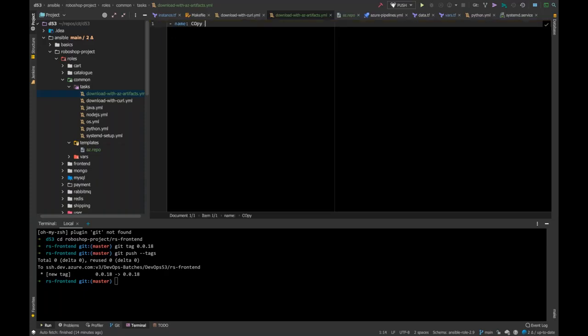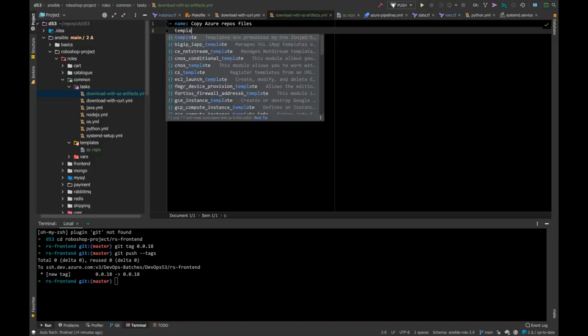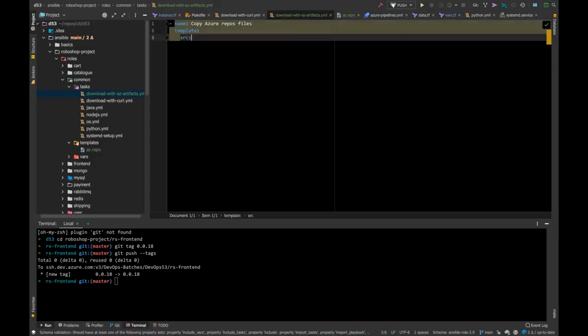Now the task, the name is copy Azure repos file. Then you will be having a template, and src is going to be the azure.repo file.